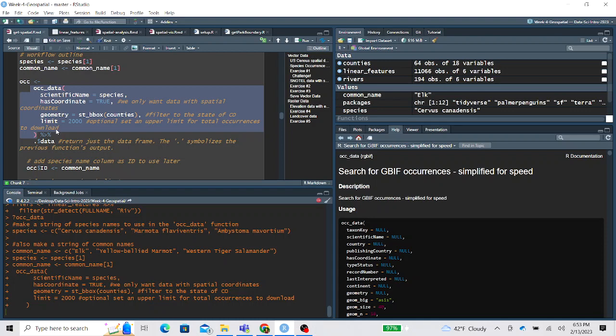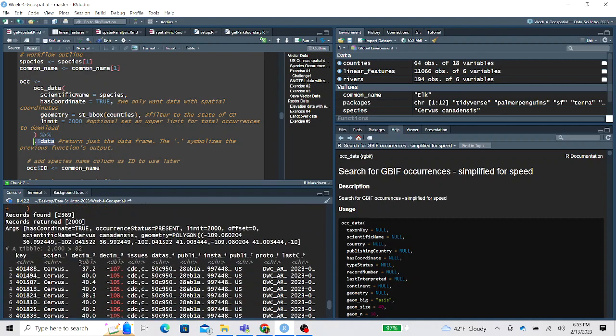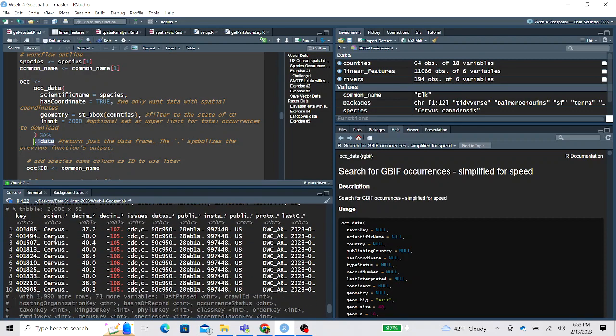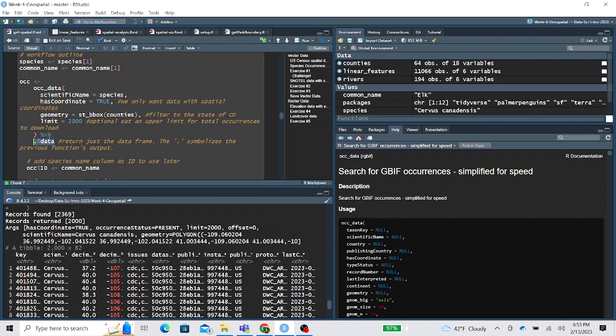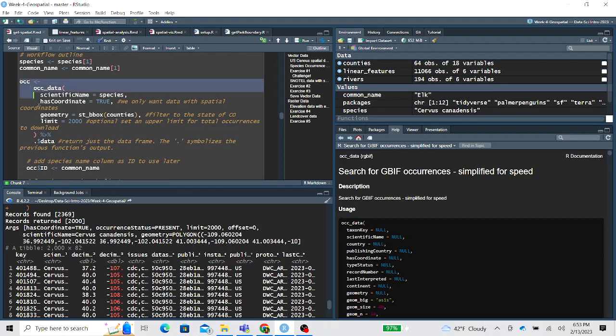And it's a list of metadata and a few other things, I think, but we only want the data frame. And so what this is doing is piping just the data frame. So this element here returns a data frame, and we see from this preview some of the variable names,